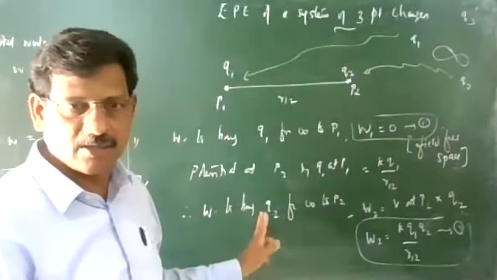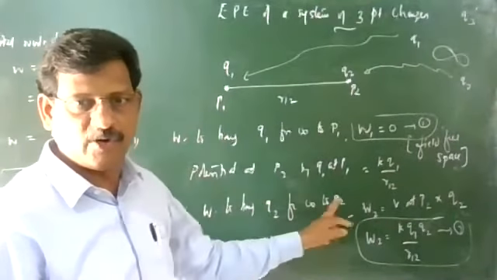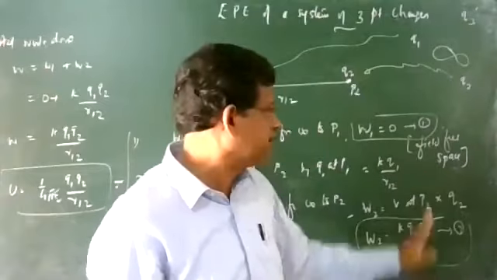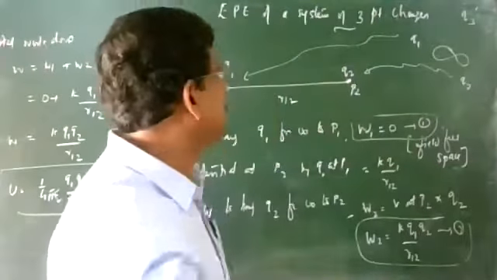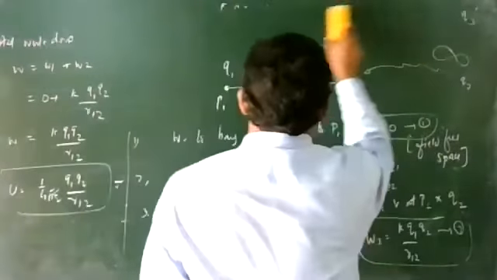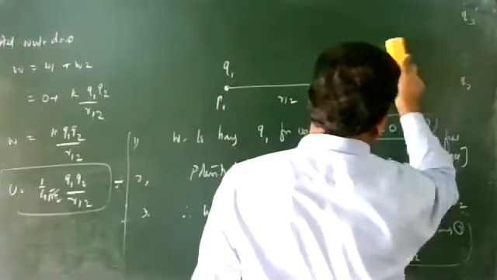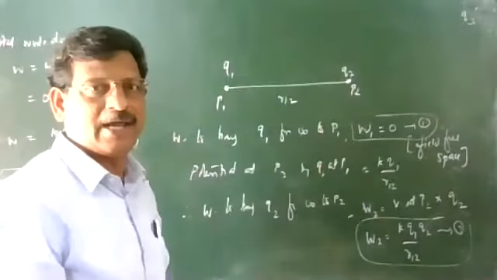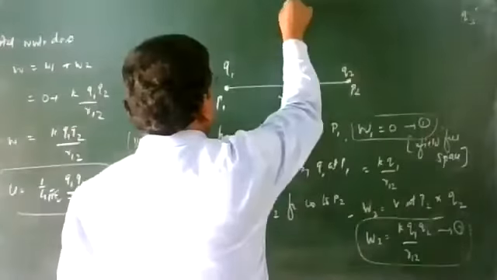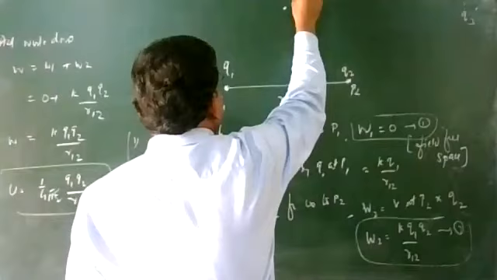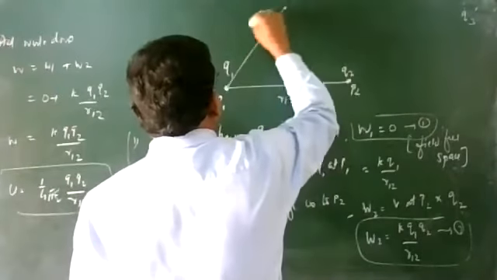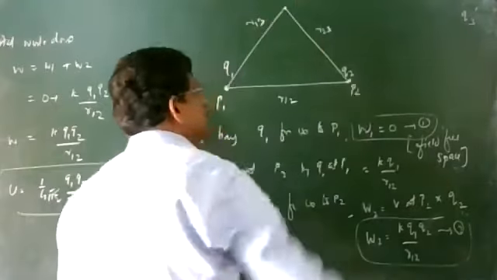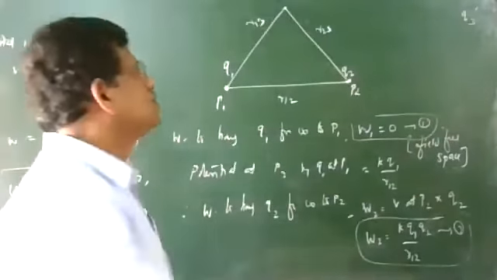You have to bring the second charge. We are going to bring the second charge from infinity to P2. Potential at P2 into Q2, no change. Equation number 2 is the work done for P2. So the first and second are the same. Now we are remaining with the third charge. Q1 and Q2 are in position, equations number 1 and 2. Now I am taking a point here, P3. Point P3 is at a distance R13 from the first charge and R23 from the second charge.